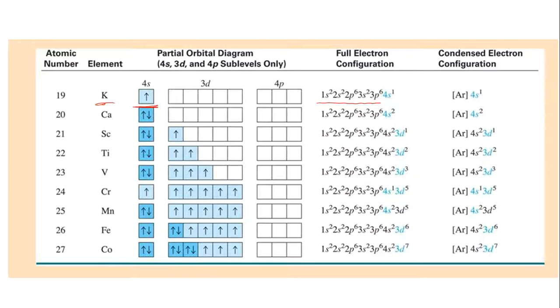So this is just showing you the orbitals for that 4s1, 4s2 for calcium. Scandium is 4s2, 3d1. Titanium 4s2, 3d2, 4s2, 3d3. And then we talked about here that some things jump and they do whatever is most energetically favorable. So you see here chromium, even though it should officially be 4s2, 3d4, there's a benefit to chromium pulling an electron out of this S and moving it over here